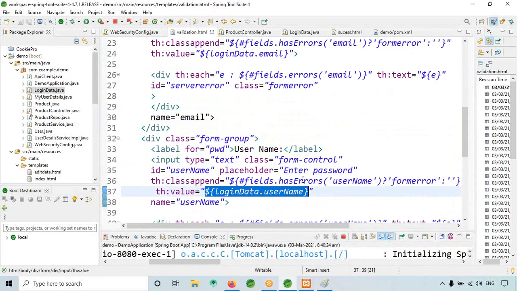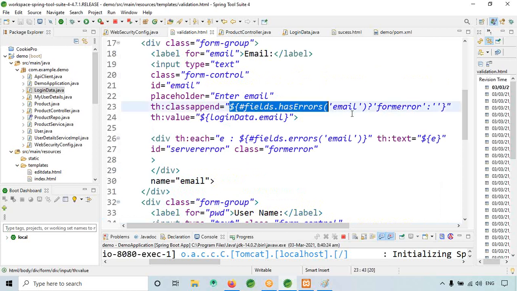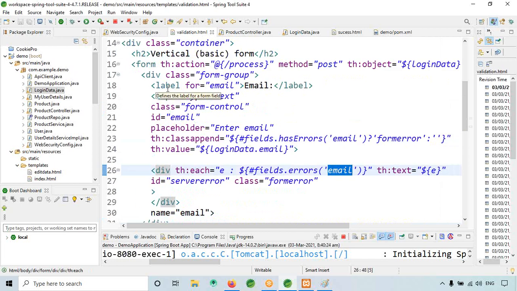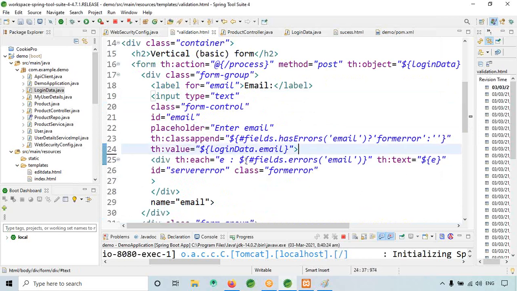For username, it is working. Text. Email.